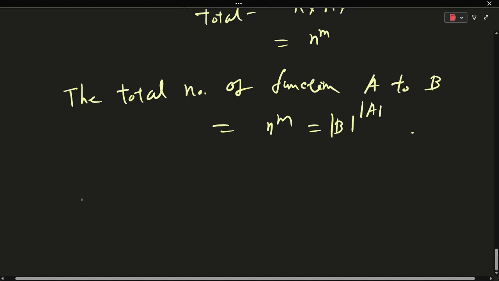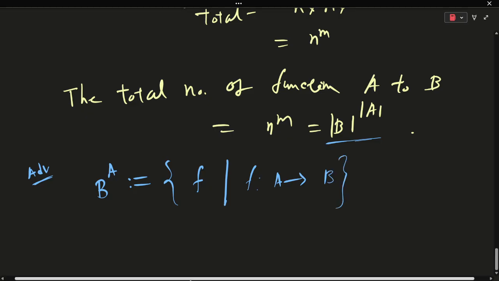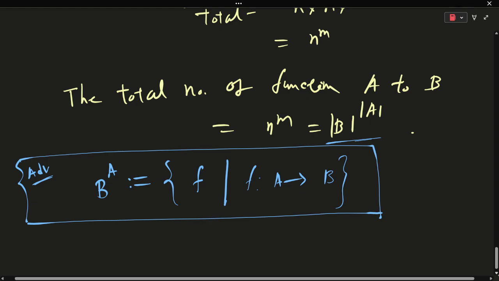This is an advanced concept. So this type is defined by, and inspired by this, the set of all functions from A to B. Actually, this is how we define it; notationally, this is used for functions. Okay, next,